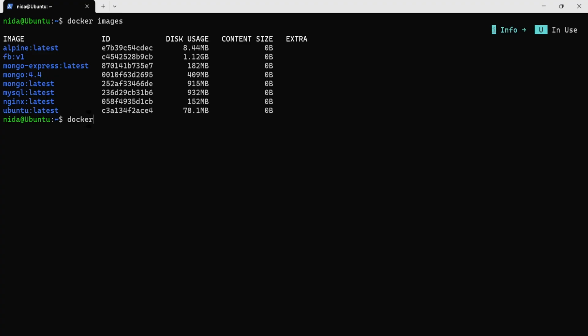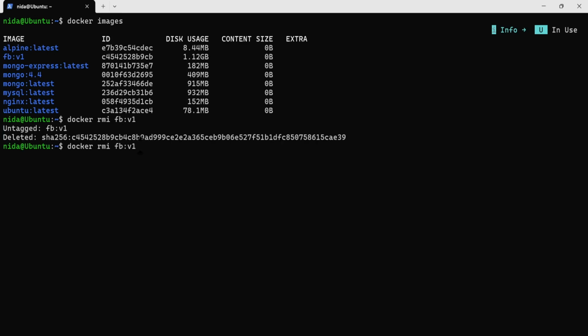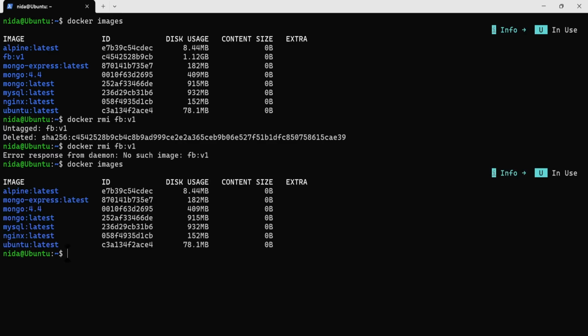So I'm going to remove this image, right? The latest version is going to be removed. Untagged and deleted. And let me show whether the image is available or not. You can see the image has been deleted. Okay, now